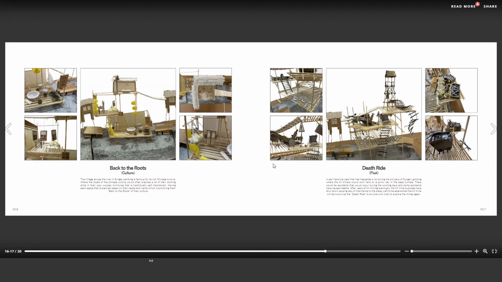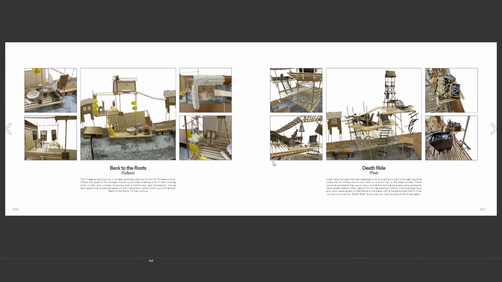So here is the death ride from the past, a sad historical past that happened a lot during the old days of Sungai Lembing, where tin miners would often work hard on a sunny day in the deep tunnels. There would be accidents during the working days, and some accidents have caused deaths. After years of tin mining, eventually the tin mine business shut down,